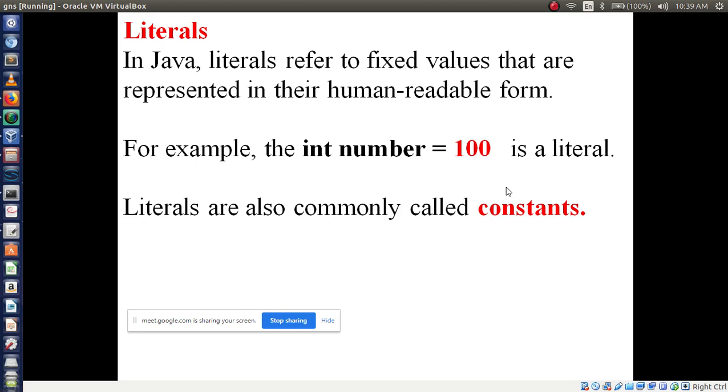For example, I am writing here int number is equal to 100. It is a literal. Which one is the literal here? 100 is a literal. It is a fixed value. Which type of literal is it? Int literal. Sometimes we call literals constants. Constants or literals, both have the same meaning.